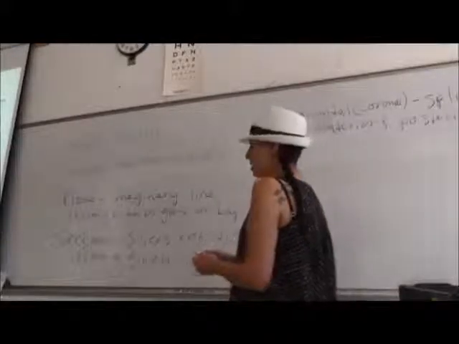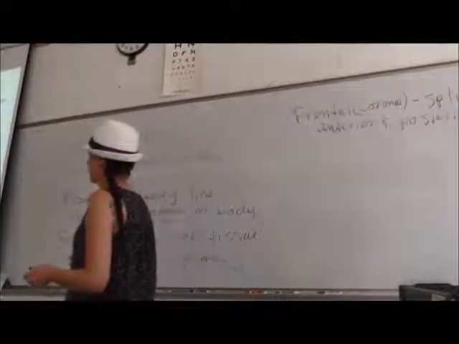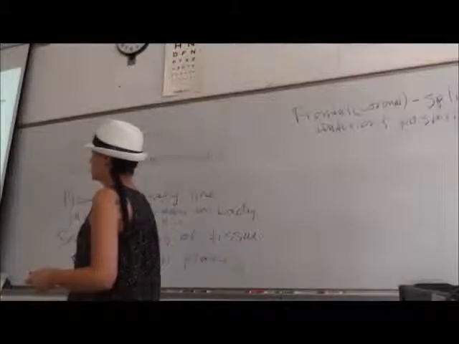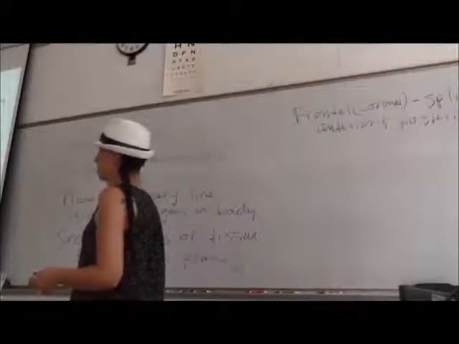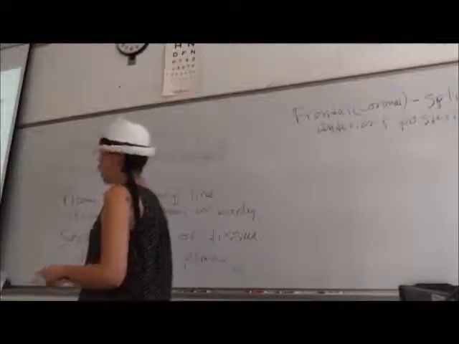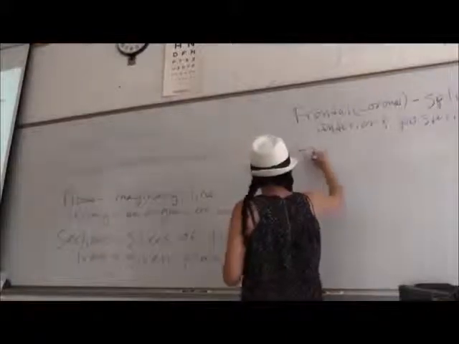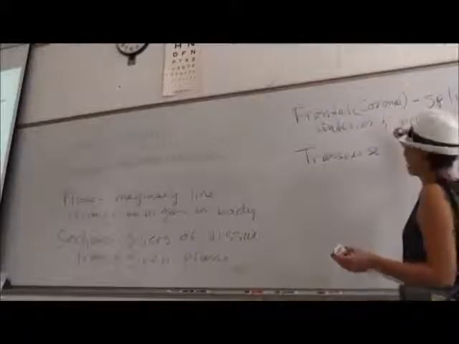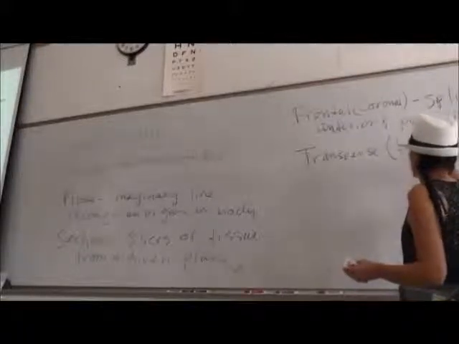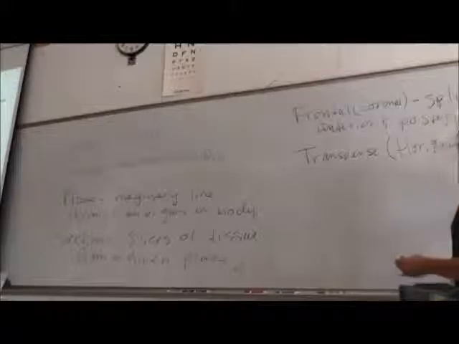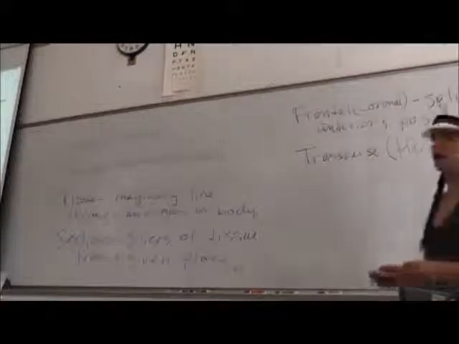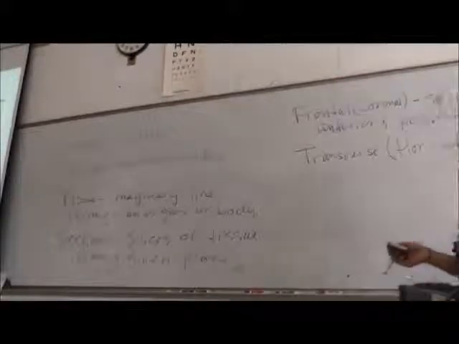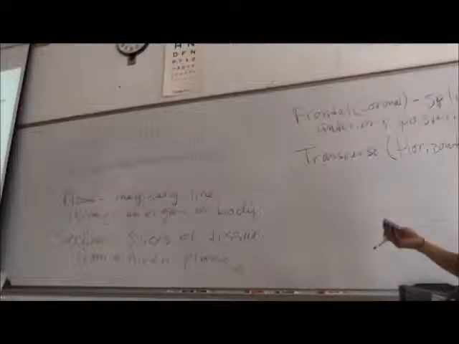So our next type of plane is called transverse. That's this one here, that's splitting this person into superior and inferior. So transverse also has two other names that are acceptable. Horizontal plane is acceptable, as is cross-sectional. So you can have a cross-section of tissue through the cross-sectional plane,